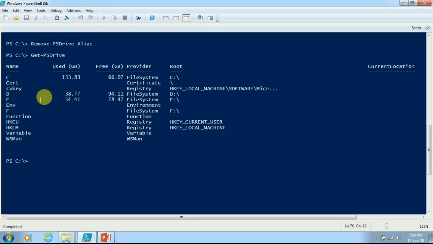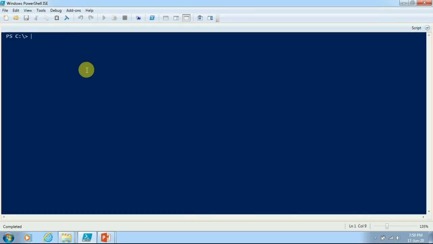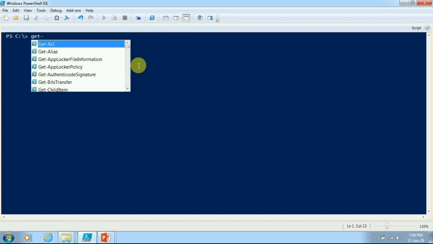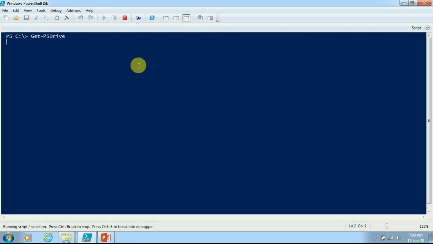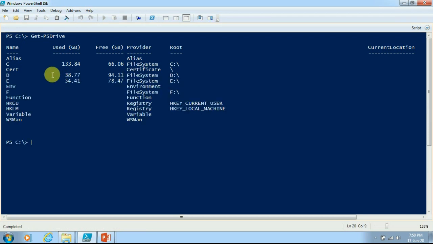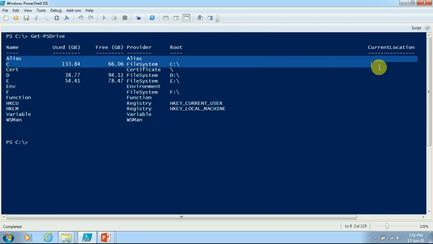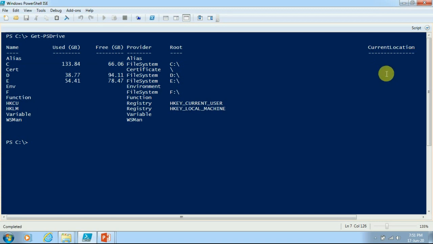So if you close the session and you reopen PowerShell once again, that will be available. To verify I will close this PowerShell session. I have reopened PowerShell and here if you execute Get-PSDrive, you will see that alias is once again available with us. So I hope this much was clear.